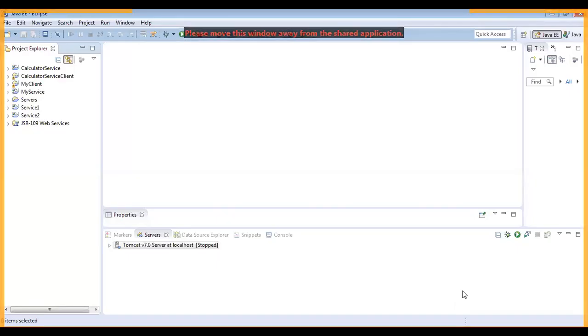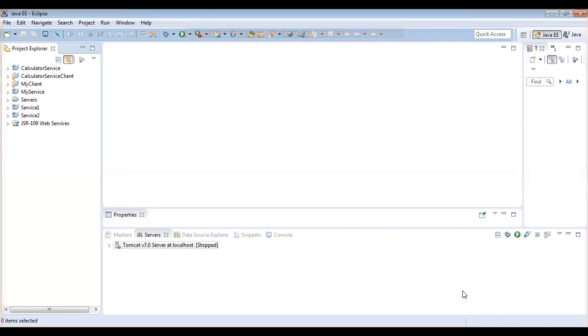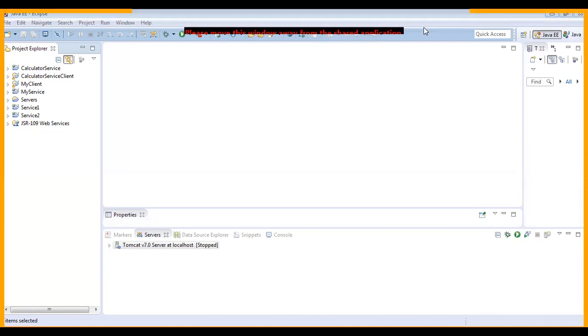Here I'm using Java Eclipse for creating the component class. Generally component classes are created. So here I am creating the component class in Java Eclipse.